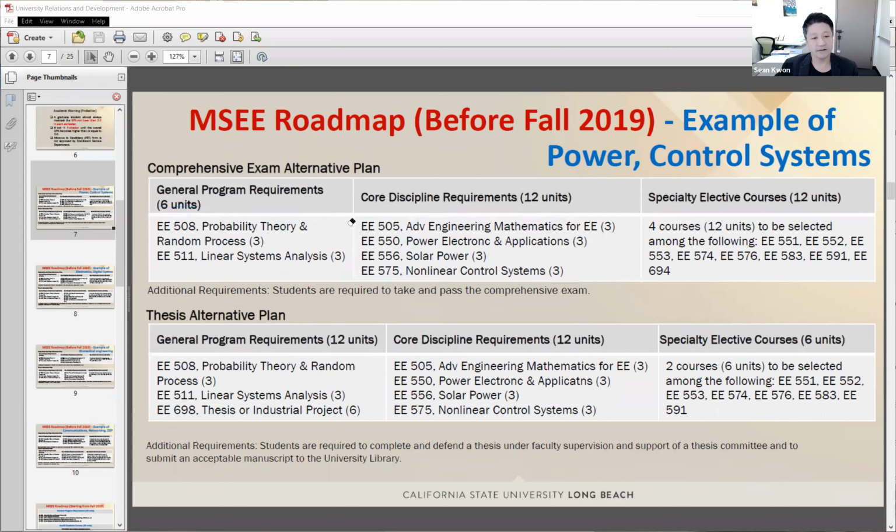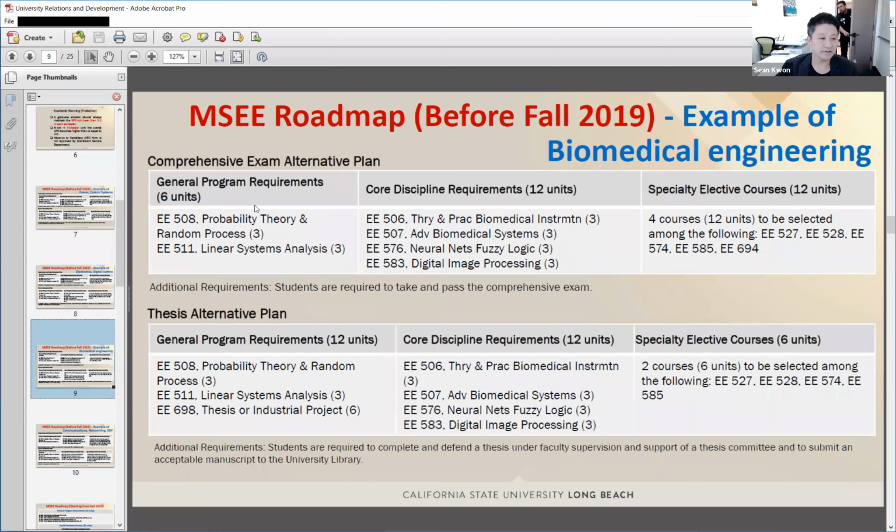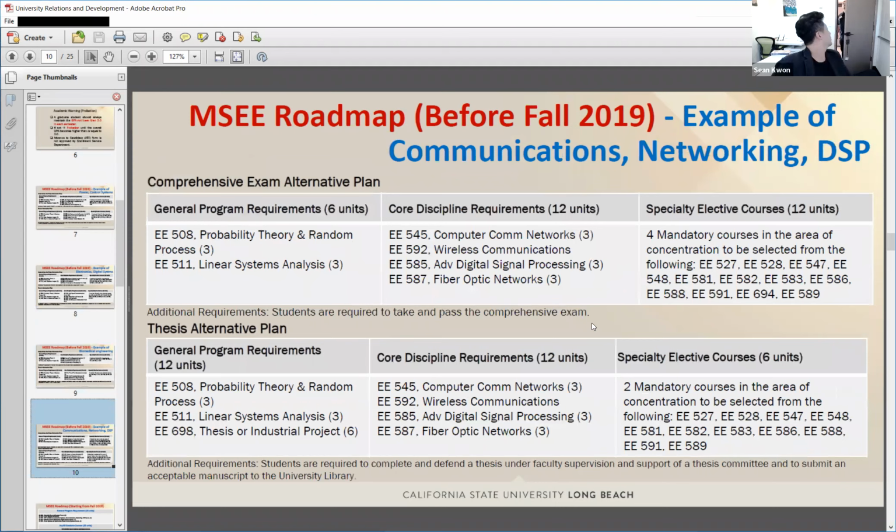The reason why I include this slide is you can see which classes are related to which emphasis, right? For instance, if your track is biomedical engineering or communication systems networking, here you can see that these four are closely related classes to this emphasis, communication network or DSP.